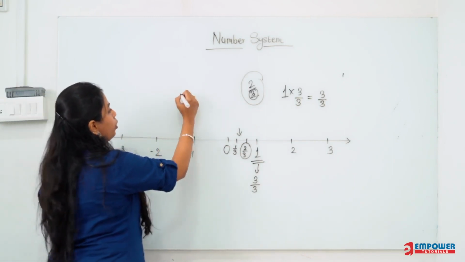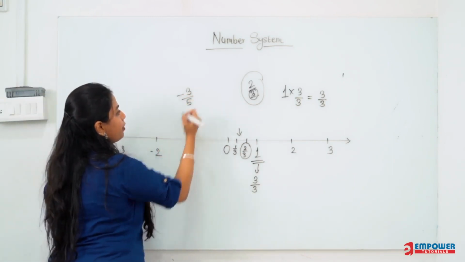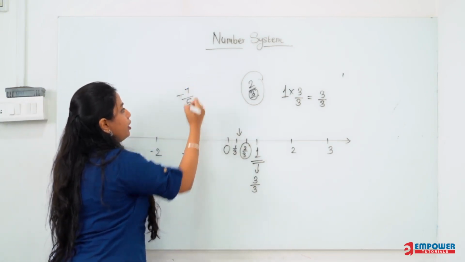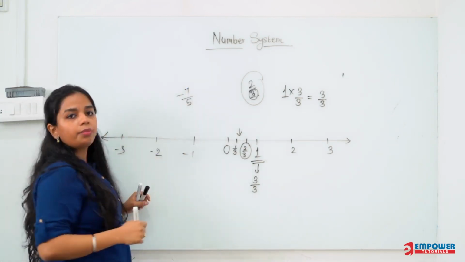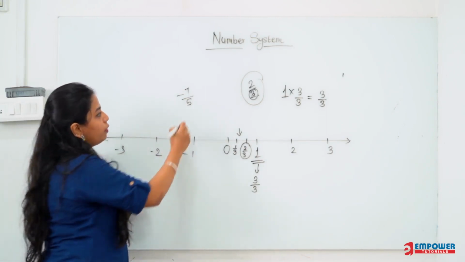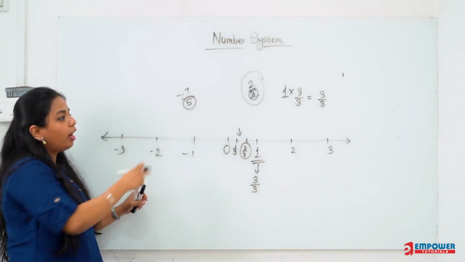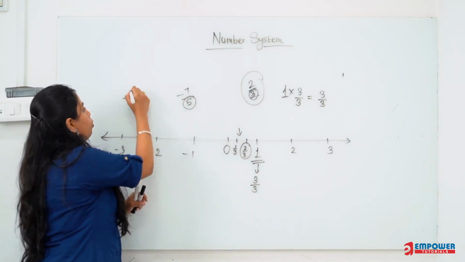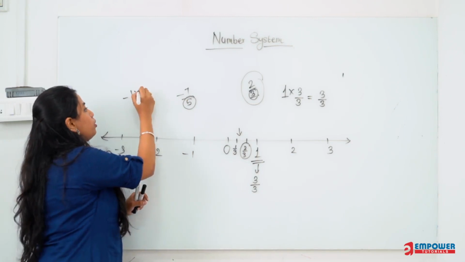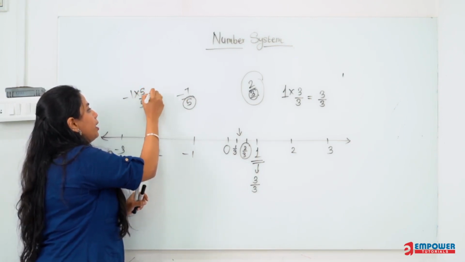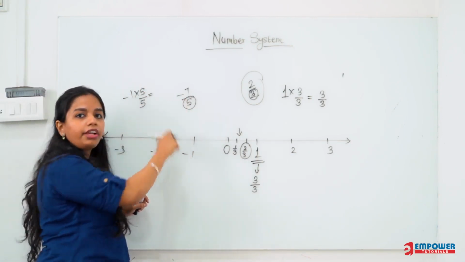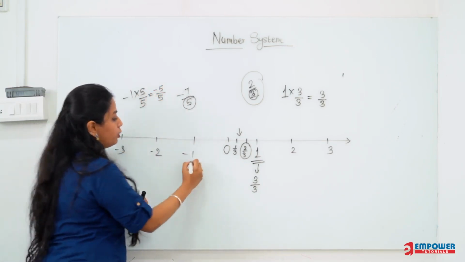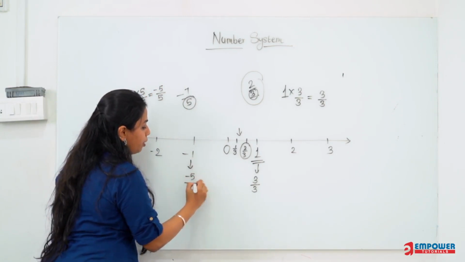Suppose you want to represent minus 3 upon 5. Now in this case, how will you represent it, or let's say minus 7 upon 5. How will you represent this number on the number line? You will again look at the denominator. You have 5 in the denominator, that means you have to make 5 parts. Now what does minus 1 represent? To check that, we will multiply this by 5 by 5 since I have 5 in the denominator. So this number will be minus 5 by 5. So this minus 1 represents minus 5 by 5.